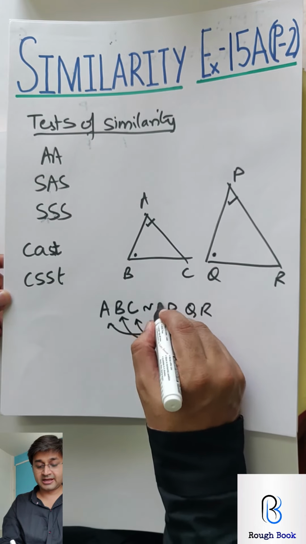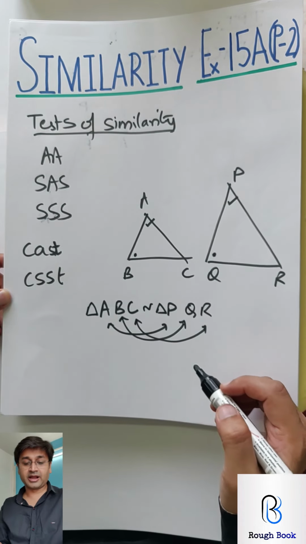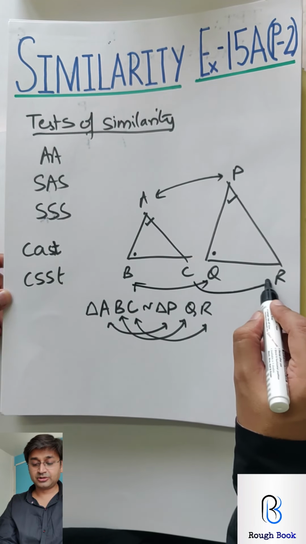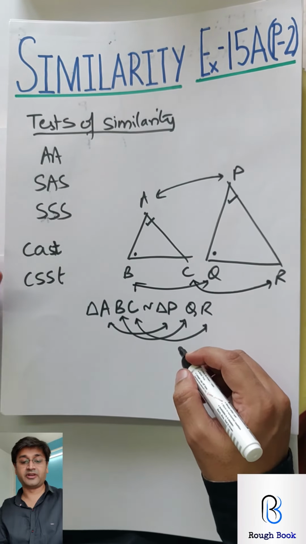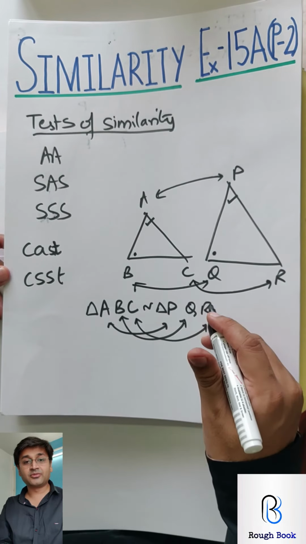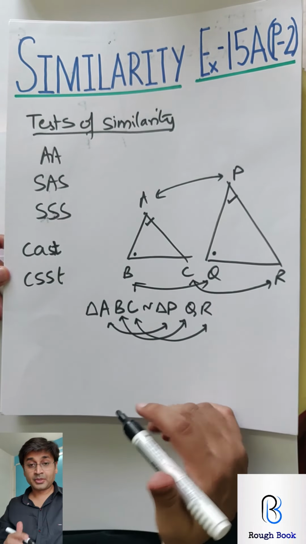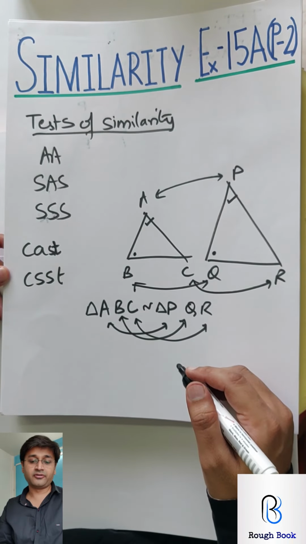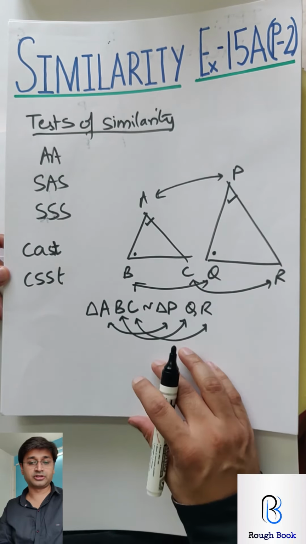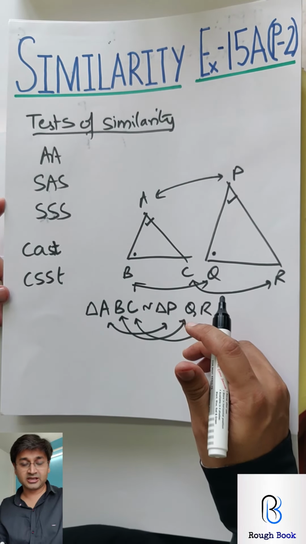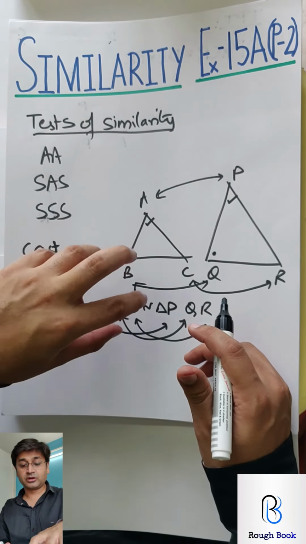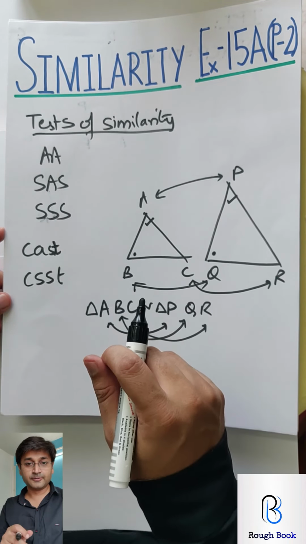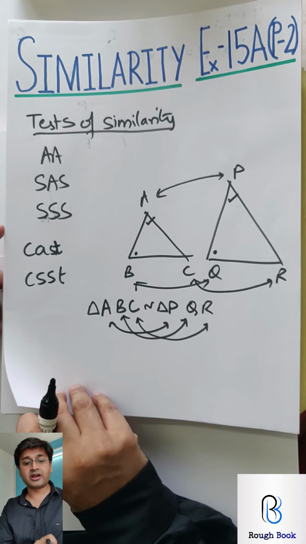So I can say triangle ABC is similar to triangle PQR. A corresponds to P, B to Q, and C to R. So this one-to-one correspondence is very important. Right now the diagrams were simple, it was easy to adapt, but when the diagrams become complicated, it is difficult to identify how to work out the one-to-one correspondence. So in this second part, you're going to see lots of questions based on one-to-one correspondence where they have confused you. So we will not get confused and we'll try and do a good job.